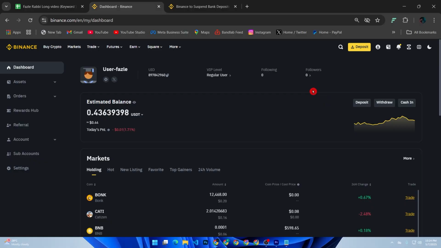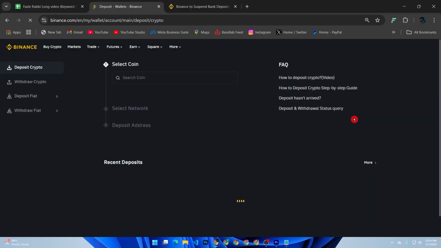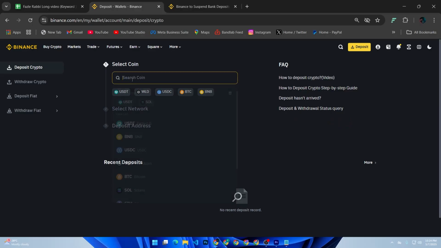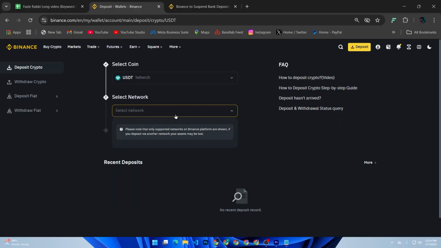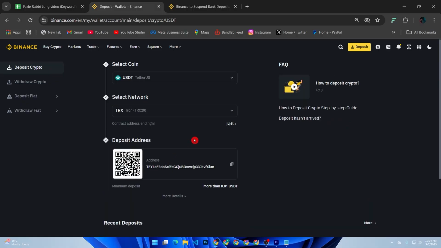Go to wallet, or from the dashboard click deposit, then deposit crypto, and wait for the confirmation. Select the chain and coin, then the network TRC20, then copy the address and paste it